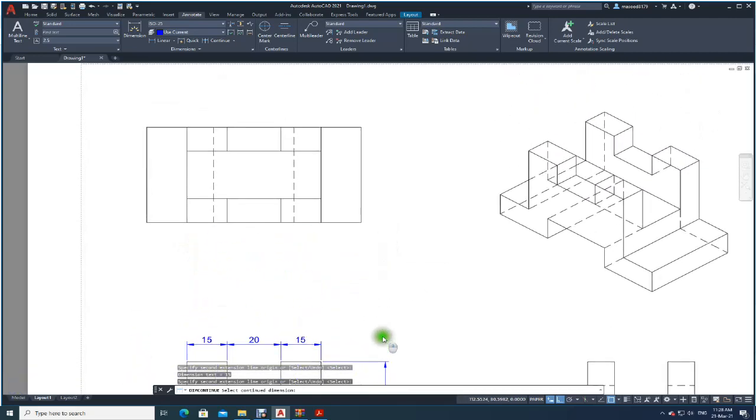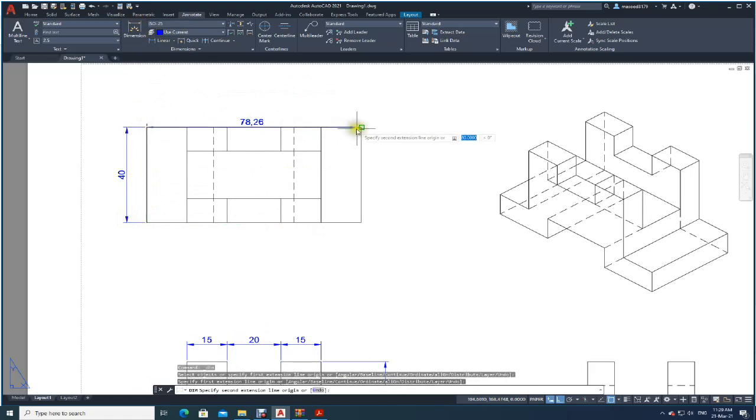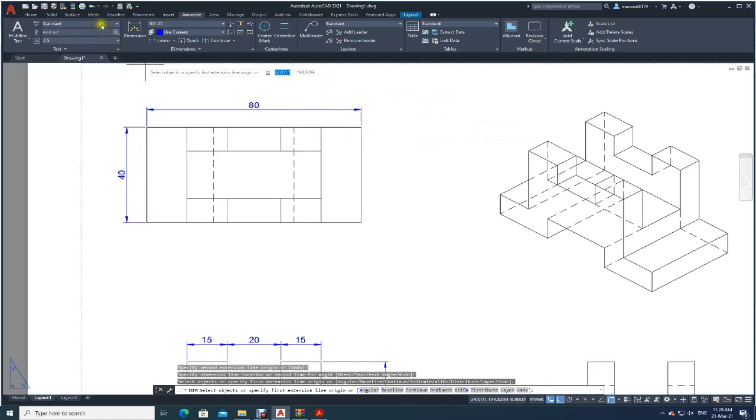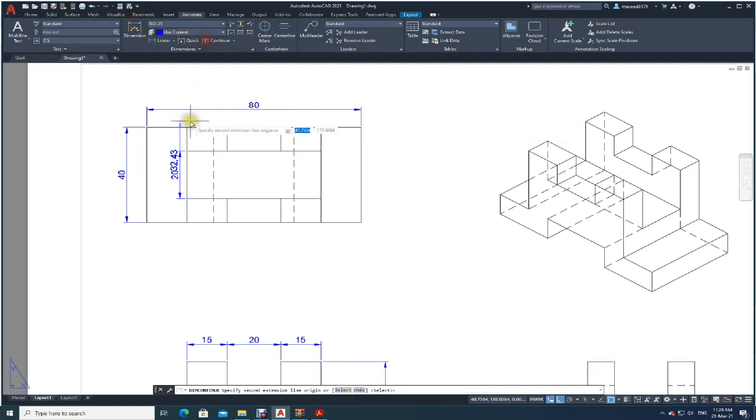Now what is the next job I want? I want to make the dimensions for the top view. Though everything is there, but still it is a good idea, good practice to just space your dimensions correctly. Now see here, between this point and this point is how much? This is 20. Okay. And then what else you need? Do you need some more dimensions to be shown? You can show if you want. I will use continuous dimension. See here, I can show it as how much.